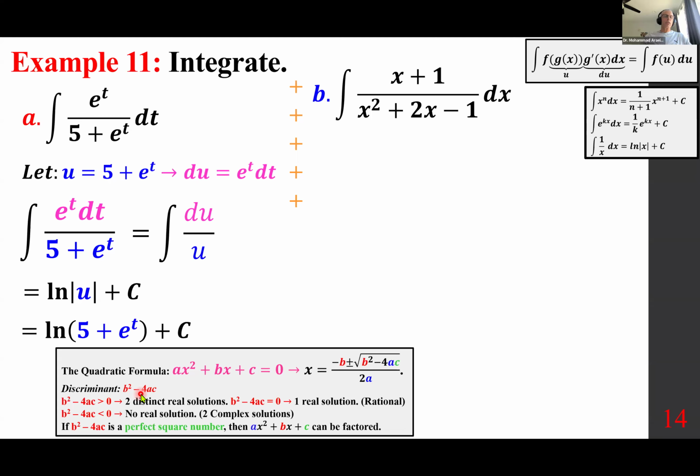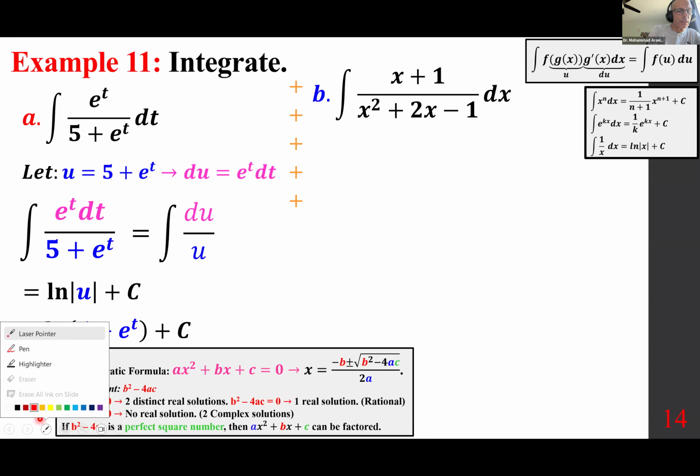It is called the discriminant because it gives you a lot of information. When it is positive, it gives us two distinct real solutions. When it's 0, it gives us one real solution, a rational solution. When it's negative, no real solutions, or two complex solutions, a plus minus bi. Furthermore, if b squared minus 4ac is a perfect square number, that means we can factor the quadratic expression. So having said that,